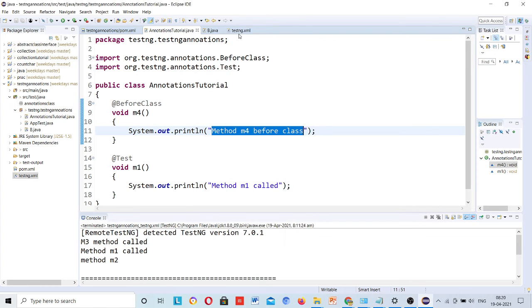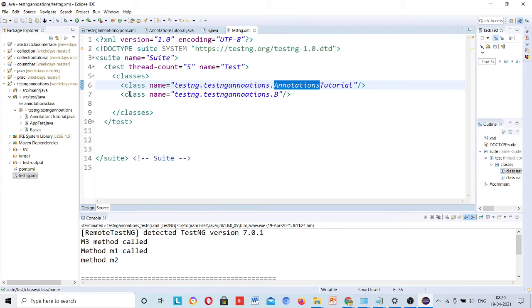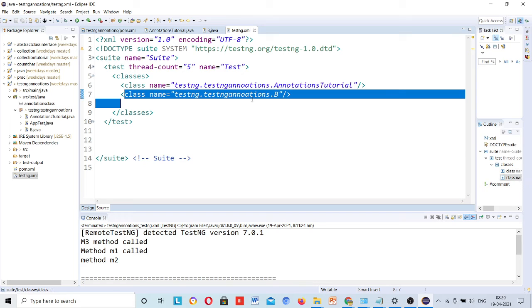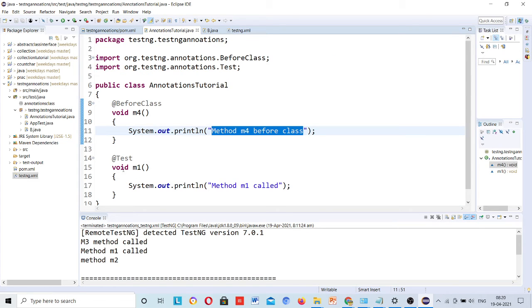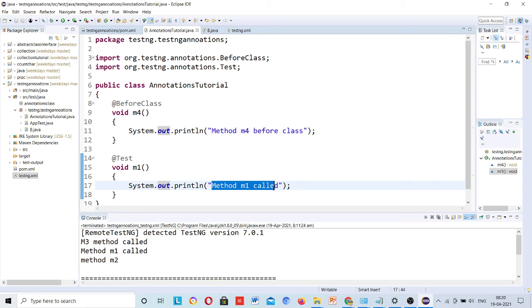Then it will scan this class. Before scanning, it will check whether it has completed all its methods or not, but it hasn't completed all its methods. This m1 was remaining, so it will again come here. This is the flow that it works.